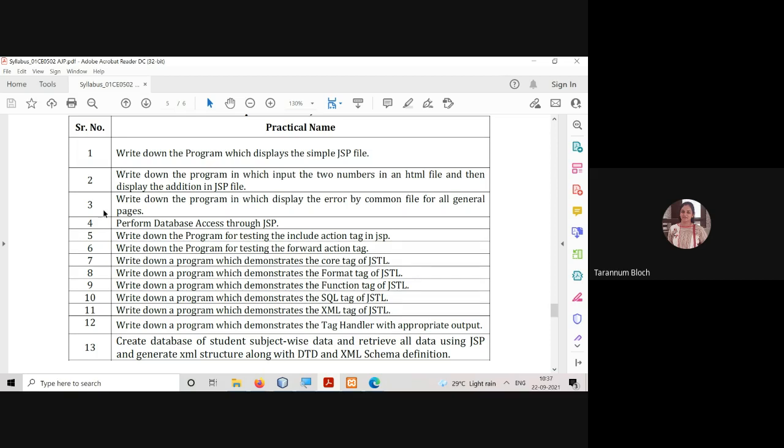Now JSP action tags are done, include and forward. Those who are online, are we done with the include and forward? Guys, can we be quick so that I can have the idea what is done and what is pending?